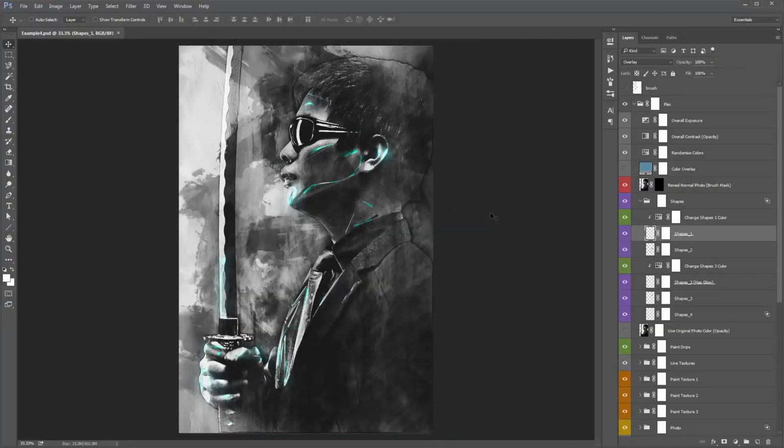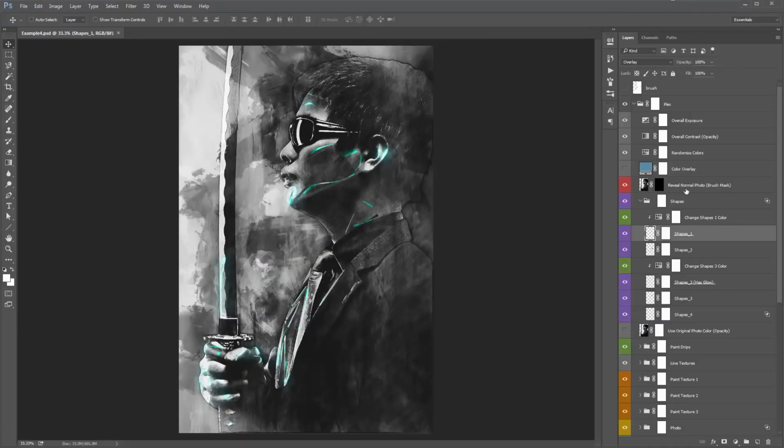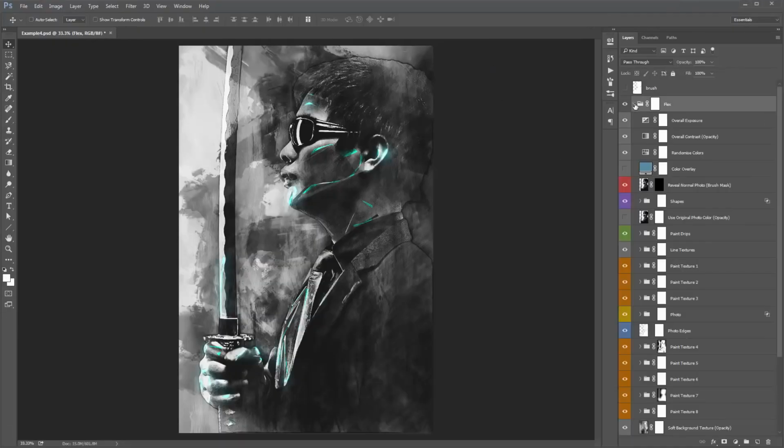Alright, so I've opened the last example, and I'm just going to change a couple of layers here because I want to move from that result to this. Okay, I want to create this textured look, and it's really simple. Firstly I'm going to collapse all these folders. I'm going to turn off the shapes, don't want any of the shapes. I also don't want this black texture in the background, all these paint strokes, so I'm going to turn